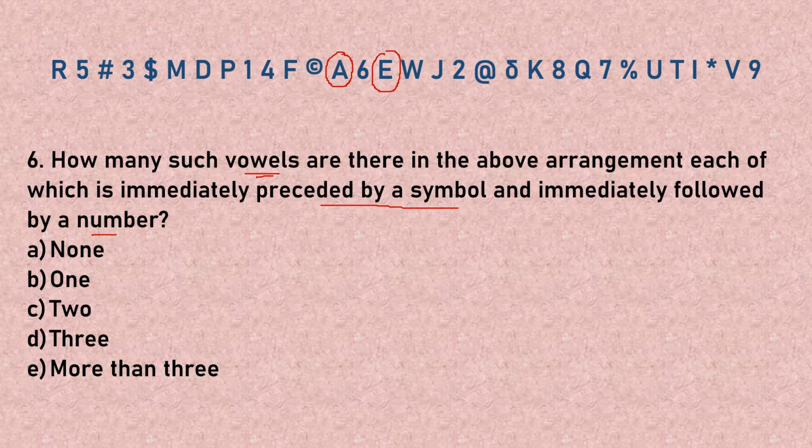But let us go in sequence. So we have a vowel here that is U, and we have another vowel here that is I. So A, E, I, O, U are the vowels, and these are the vowels we have in our sequence. You have to find out of these which is immediately preceded by a symbol and followed by a number. So I can find the first one here. In the second one, it's preceded by a number. So this is not satisfying the condition. Here it's preceded by a symbol and it's not followed by a number. So this is also not satisfying the condition, and same goes here, preceded by an alphabet. So this is also not satisfied.